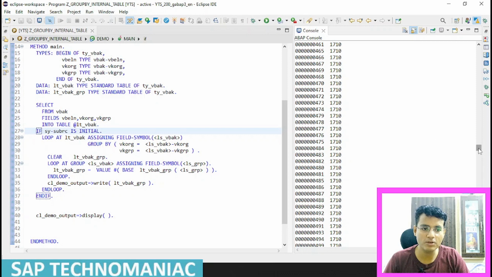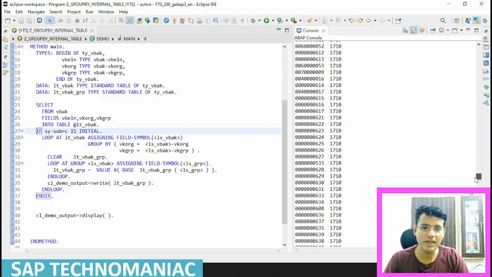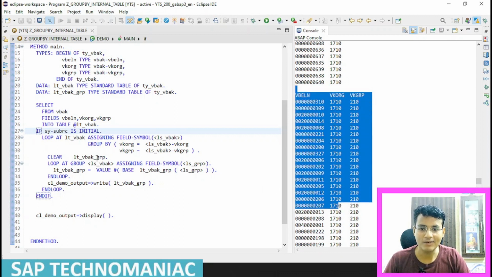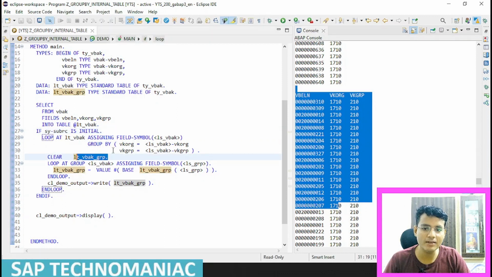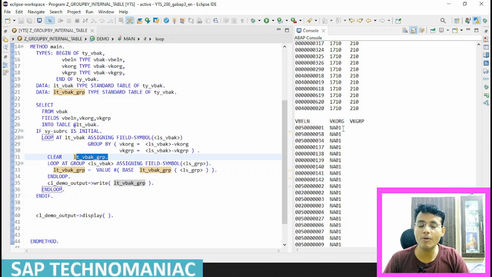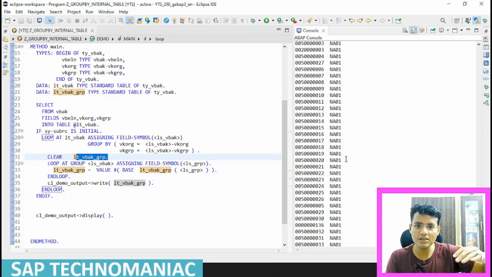There are a lot of sales orders with this one, and so we have a new group with 1710 and 20. This is a different group. Then we have cleared out this VBRK group, and then again we have a different group where the VKORG is 1710 and VK group is 210. What all entries are there? I am displaying all those entries here. Then the third combination is NA01 with the VK group blank. Like that, I am displaying all the groups one by one